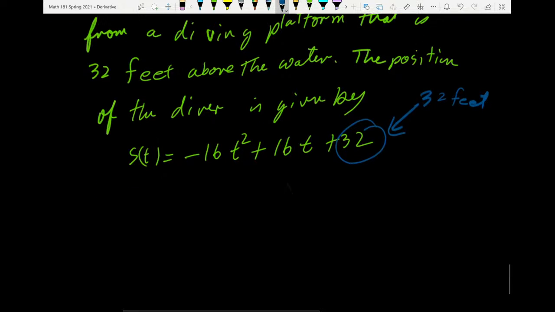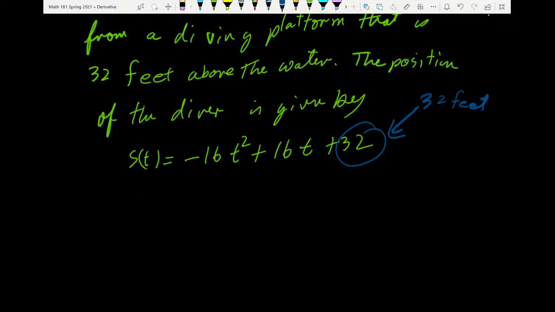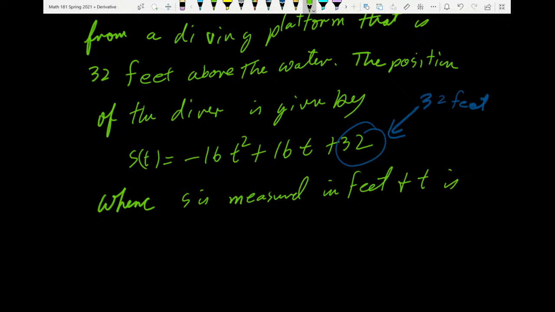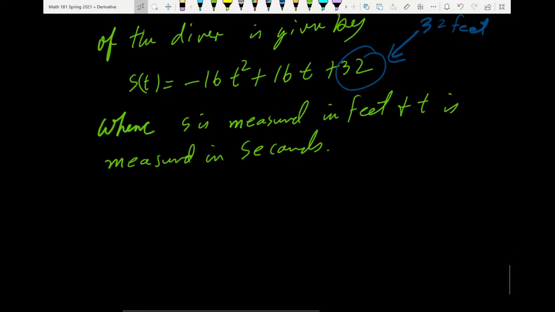That's the initial position, where S is measured in feet and t is measured in seconds. The question is,